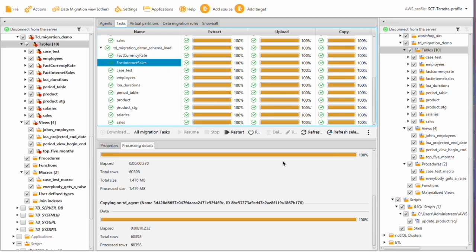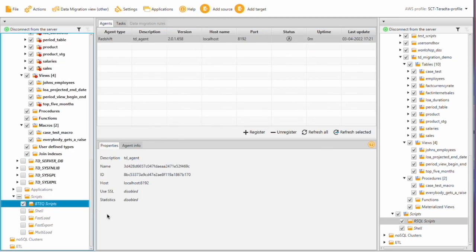Now let's move on to the next step in the process, which is about converting ETL scripts like BTEQ to Amazon RSQL. The next step in our demonstration is converting an ETL script to Amazon Redshift RSQL. In this demo, I'm going to show you how to convert a BTEQ script. On the left-hand side, on the source side, at the bottom, there is a section called scripts. Under it, you can see that there is an option for BTEQ, shell, FastLoad, FastExport, and MultiLoad. These are some scripts you can convert by using AWS SCT. So let me load up the BTEQ script.